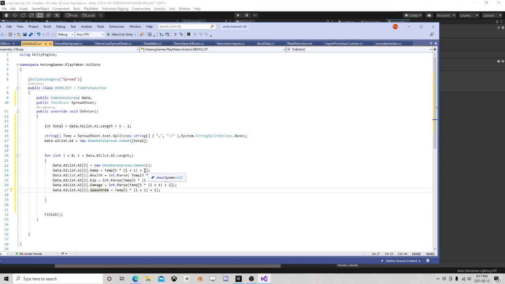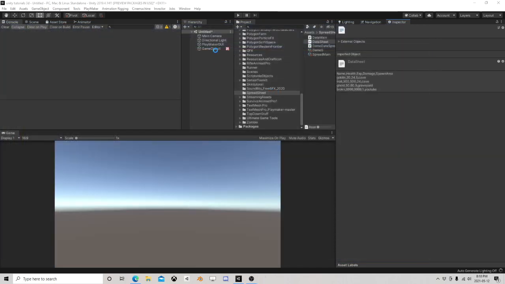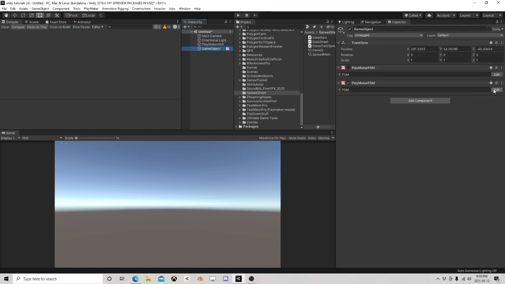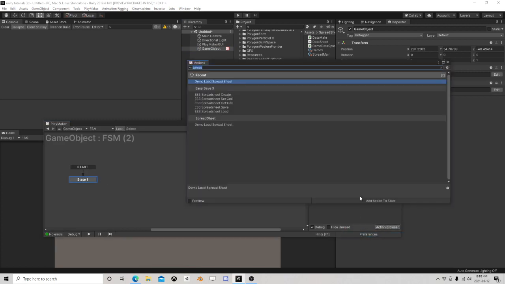Right, so if this is the name and that's the health, obviously this one's that, and that, just like that. And I think that is all we need to do. Even though I feel like I'm missing something. So I'm going to get rid of that one, and we just did